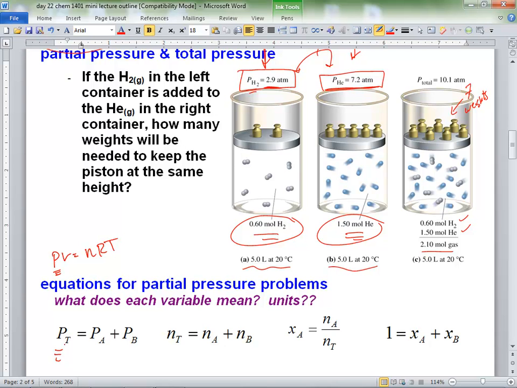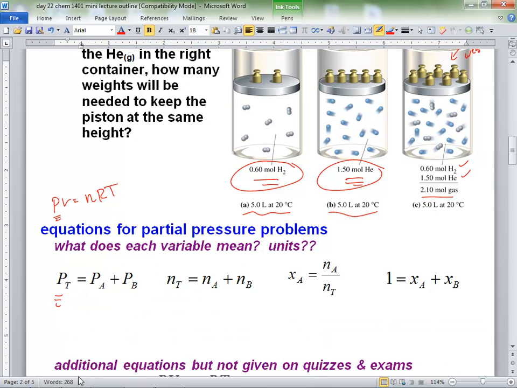Yeah. They're trying to be consistent here. So P is still pressure, but that T, it's total. That T is total. All right? This is total, not temperature. Okay. And you could say the pressure due to A, the pressure due to B, but we're not supposed to. We're supposed to say the partial pressure